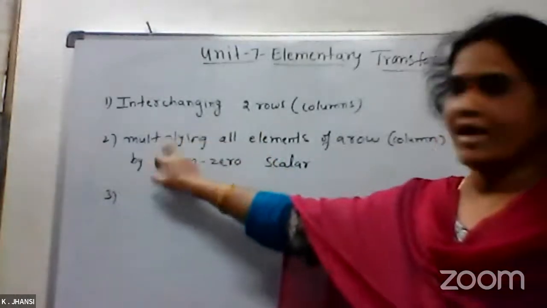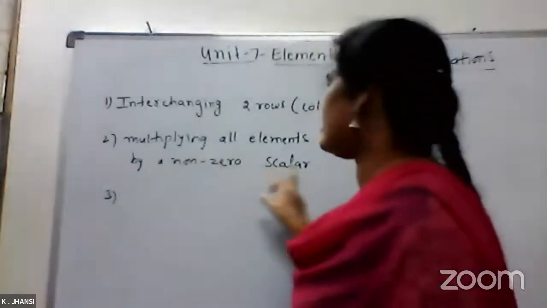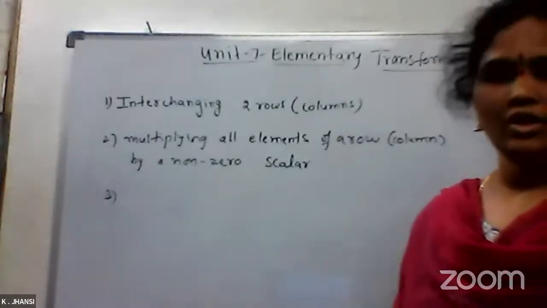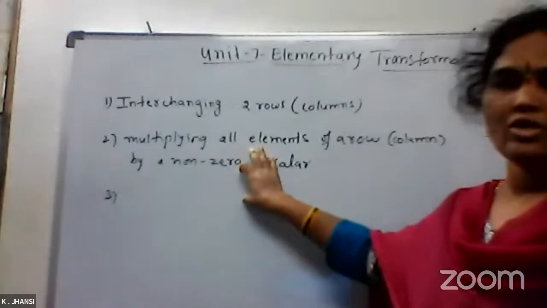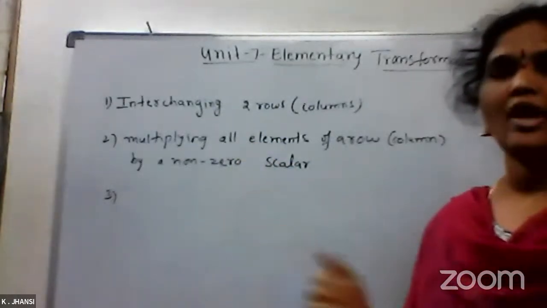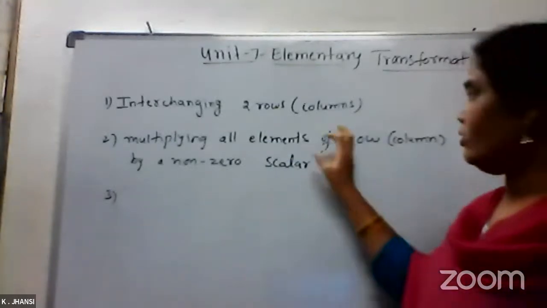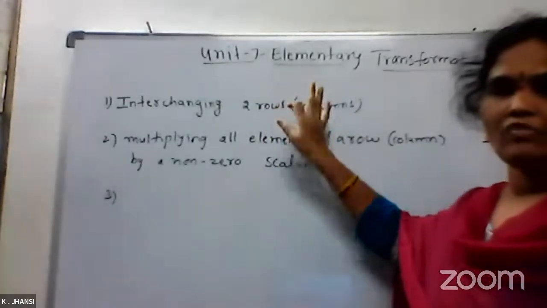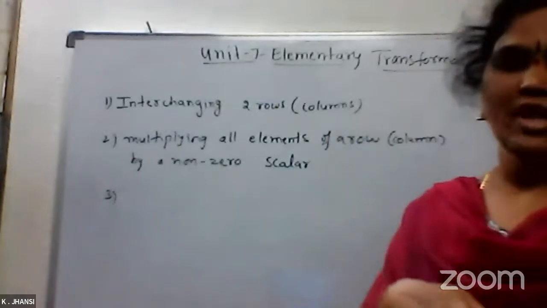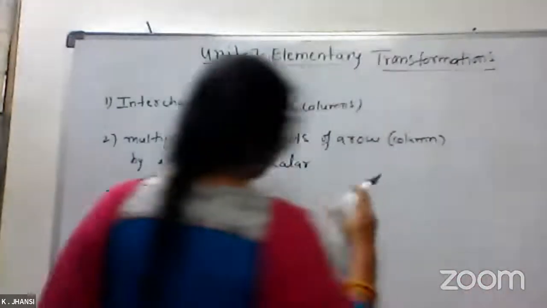And the second rule we apply is multiplying all elements of a row or column by a non-zero scalar. So any row, either first row, second row, or third row, you can multiply with a non-zero scalar. If the first row you have 1, 2, 3, 4, and the second row you have 2, 3, 4, 5. To apply the elementary transformation, second row has 2, no? So with the help of the first row, if you do the subtraction, then we multiply the first row with 2. To make that one as,